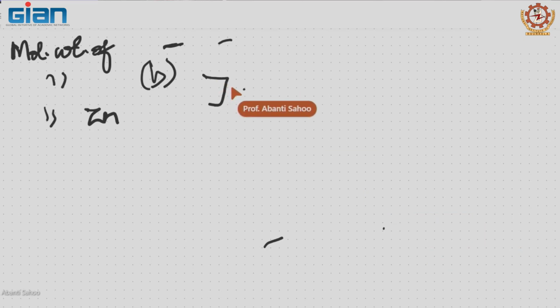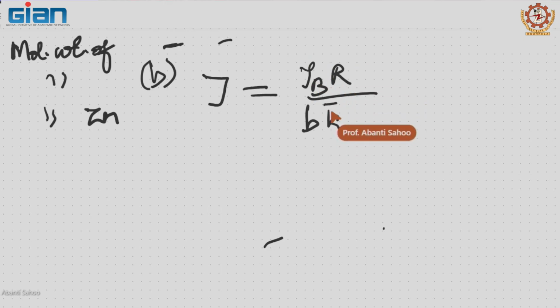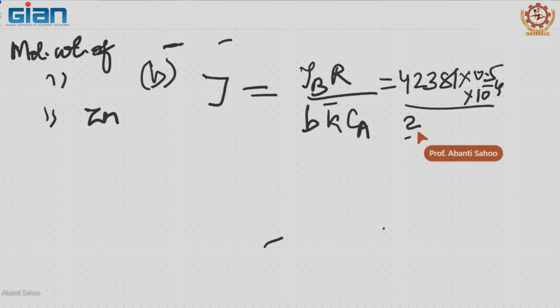Tau, which is the same formula, it is rho b r divided by b k dash into C A. So, density, molar density remaining same, 42,381, only your R is varying, that is 0.5 into 10 to the power minus 4, divided by b is 2 by 3, your overall rate constant it is coming